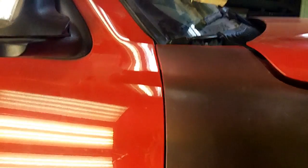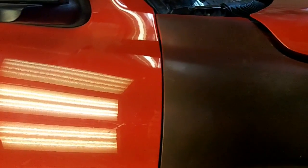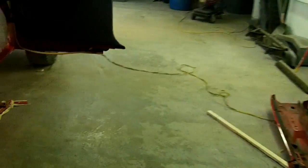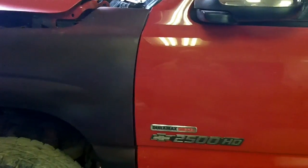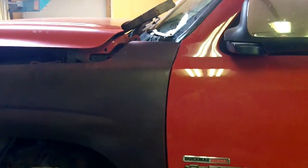And back on this truck here and kind of show you where I'm at. Adjusting these fenders up. This one is about as close as I think I'm going to get it. I monkeyed with it a little, but one thing I need to do is something that I'm working on the opposite fender on the driver's side. Had a PM from Matt last night pertaining to how to get these door gaps right, because the hinge or the mounting points are not very adjustable,